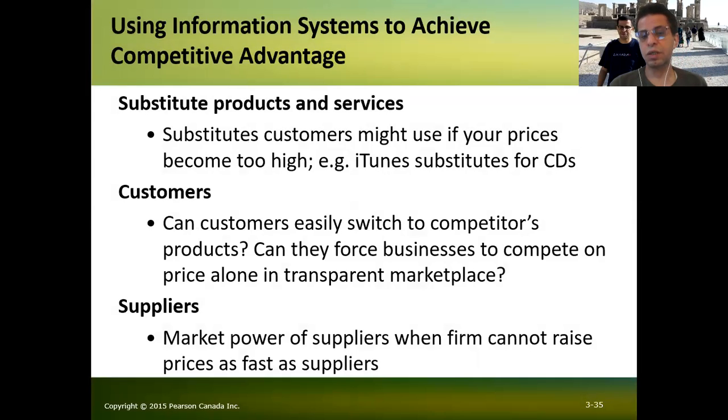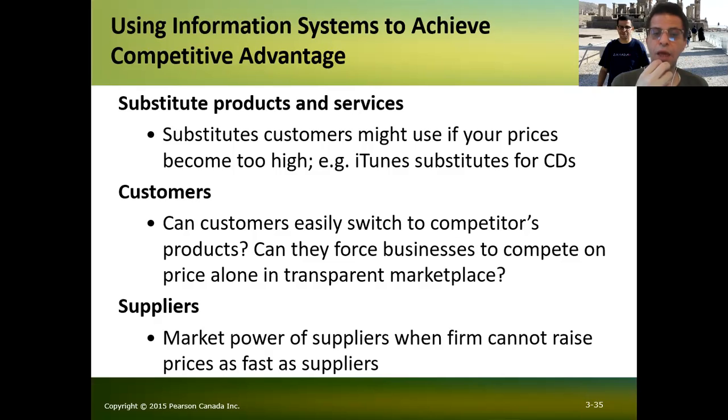Then you have the substitute effect, the substitute products and services. Probably the best example is Pepsi and Cola as a product. Substitutes are what customers might use if your price becomes too high: they go with another product. Like when iTunes substituted for CDs, because the cost of iTunes was very low compared